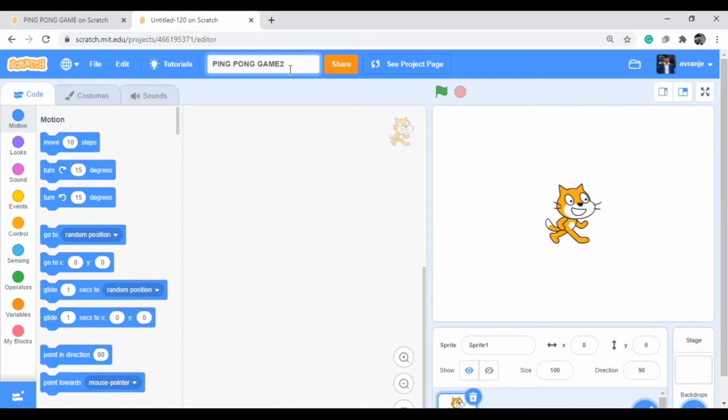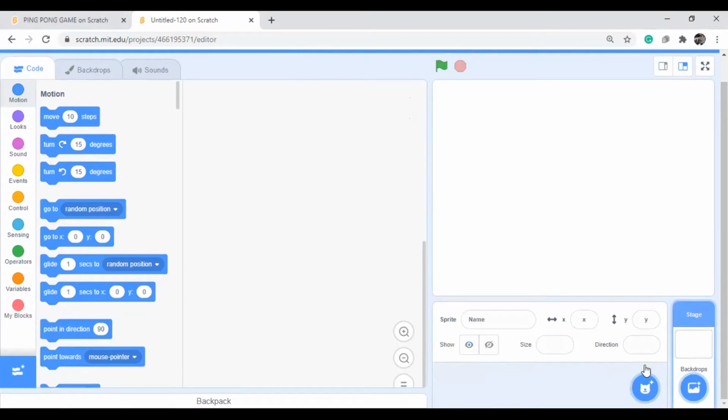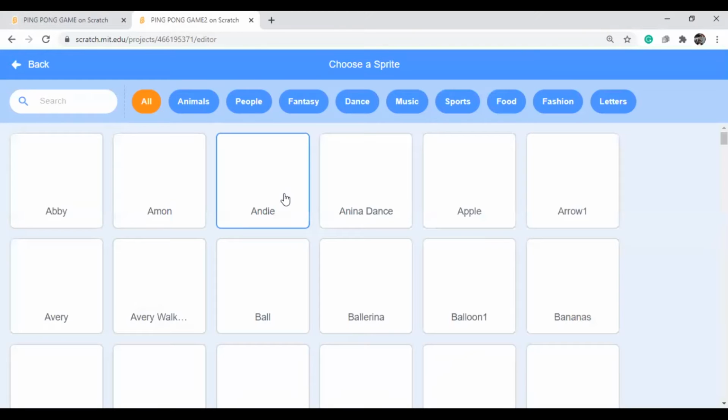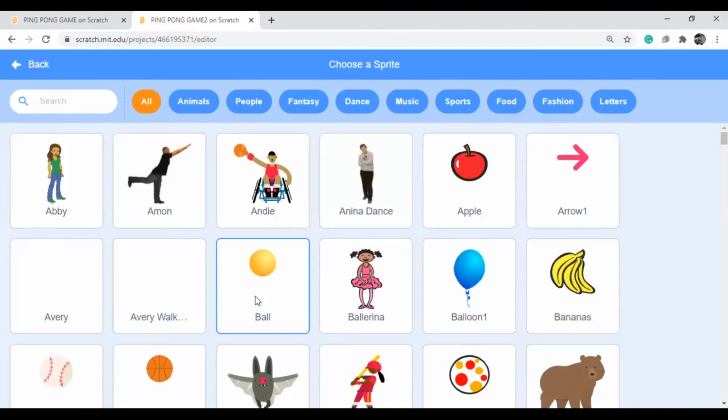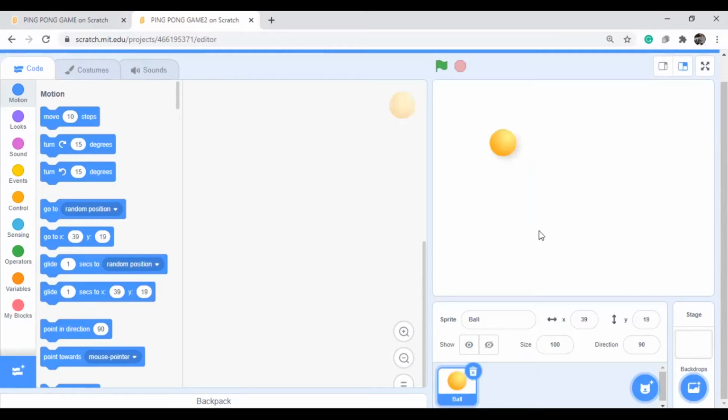Now, what is our first task? My task is that first of all I need to create a normal game. Normal game means I need to take one ball. I'm deleting the old one and taking the ball. Here you can take the ball. This ball should be moving like this. We need to arrange some pedal here, so using that pedal we need to stop it from touching the land. This is our game object.